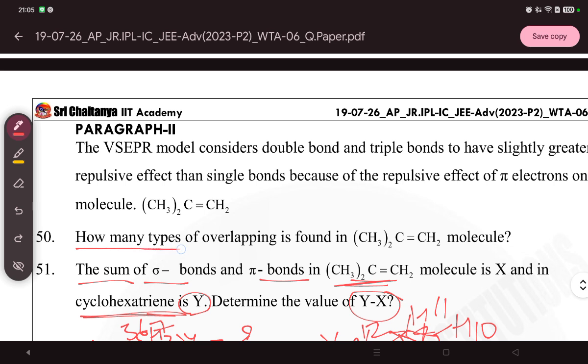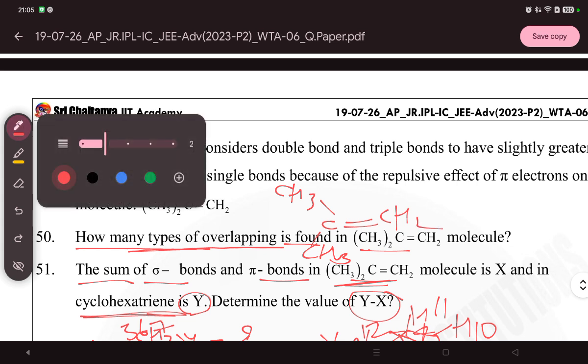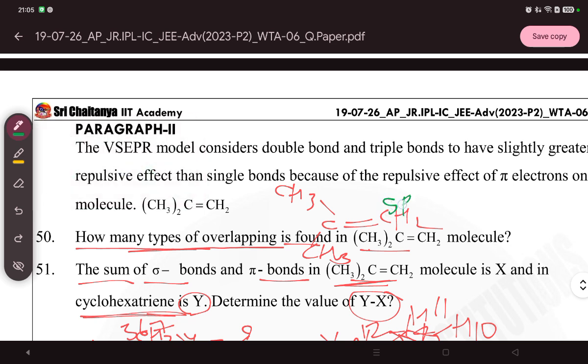How many types of overlappings are found in this molecule? It is the compound CH3, and here is the unsaturated part. For that overlapping purpose, see the hybridization of each carbon. It is sp2 hybridized, it is also sp2 hybridization, it is sp3 hybridization, and here this bond is